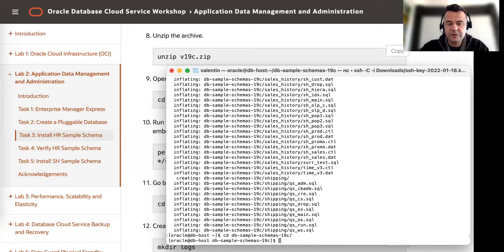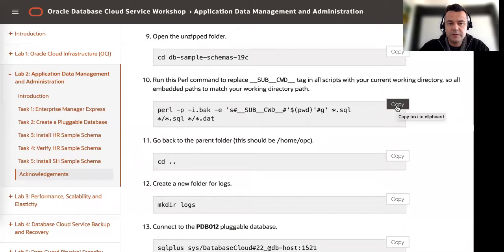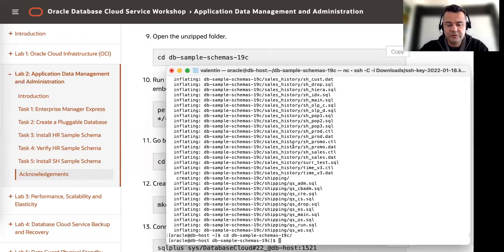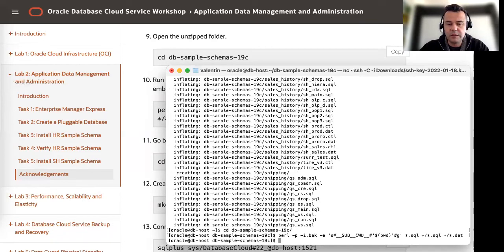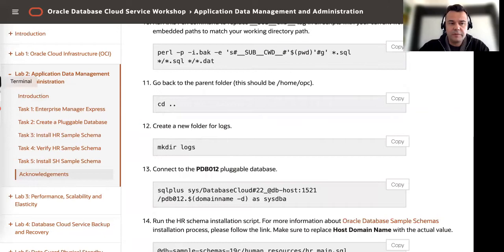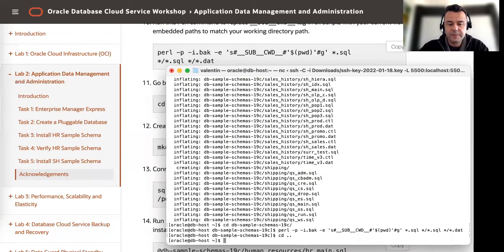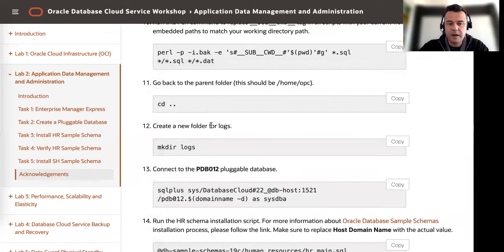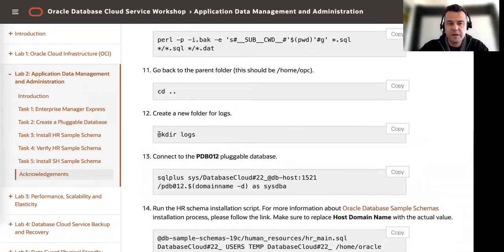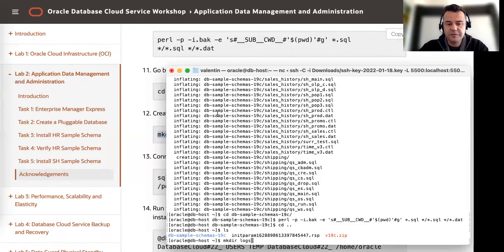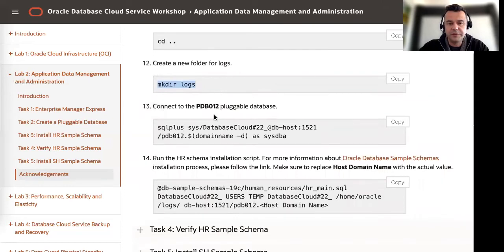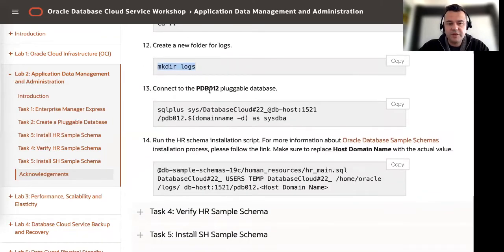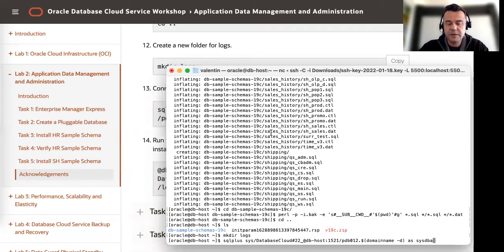DB sample schemas, and I'm going to run the perl command to configure the scripts on my database server. So I'm going to go back to my home directory, home folder again, where I have the DB sample schemas 19c unzipped sample schemas installation scripts. I'm going to create a folder for the log files, just to keep them in the same folder. And I'm going to install the sample schemas in the PDB 012 pluggable database. So I'm going to use this SQL Plus command to connect to my PDB 012